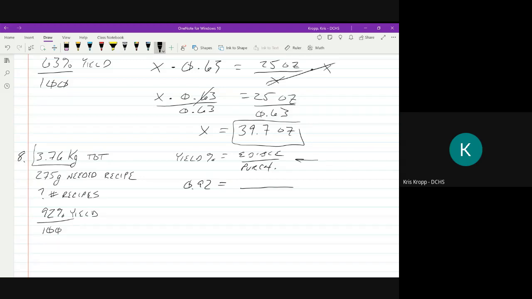And I need to figure out what I know up here. Well, the problem told me that the case of kiwi weighed 3.76 kilograms. So that's how much I purchased, 3.76 kilograms. So what I don't know is how much of the kiwi I can actually use out of the case. That's what I'm going to solve for. I know that it's got a 92% yield. I know that the case weighed 3.76 kilograms, so I can figure out how much kiwi is usable. So I'm going to multiply both sides by 3.76 kilograms. Of course, that cancels. And X equals